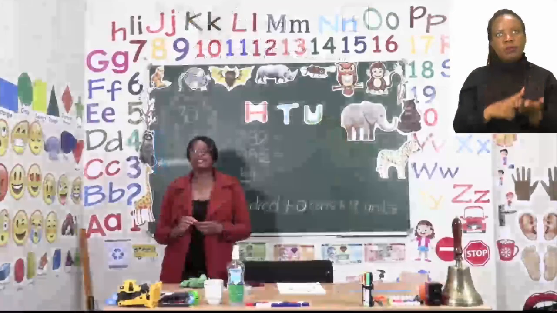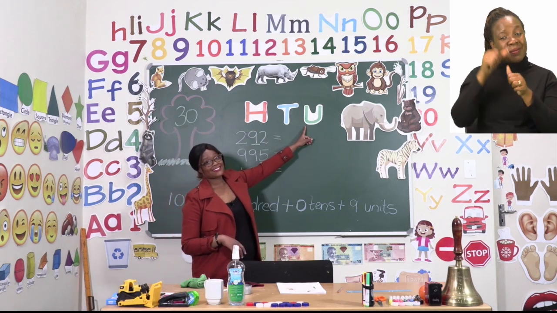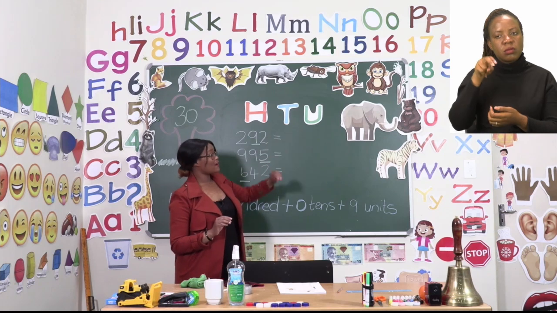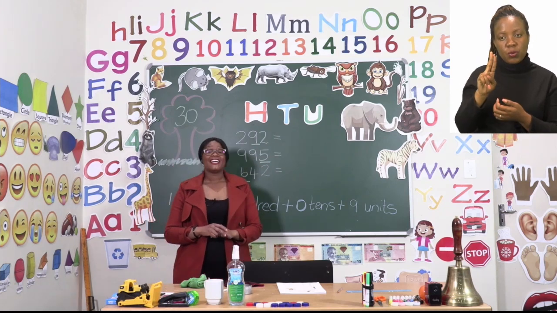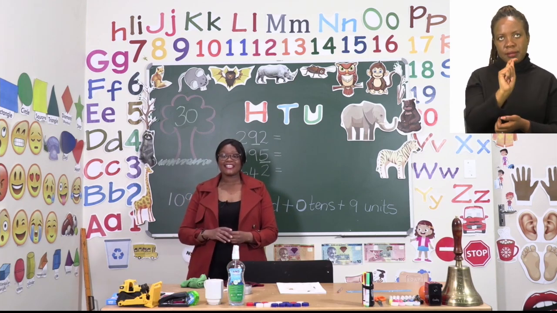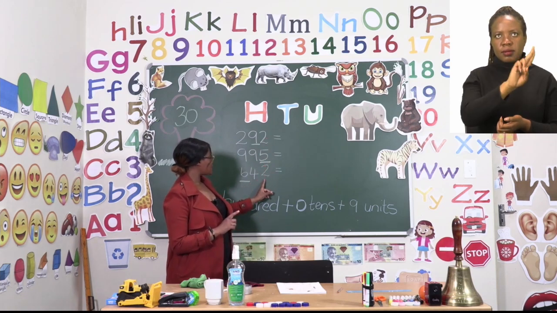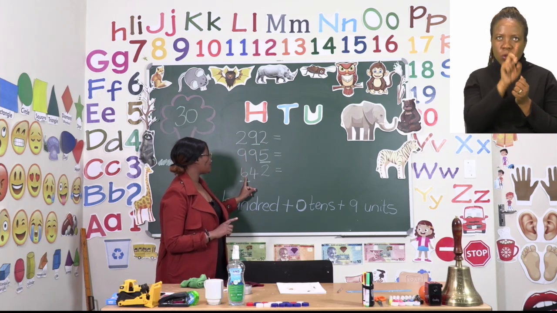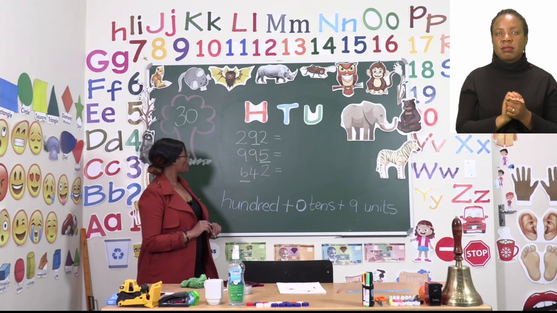Now remember, boys and girls, every time we always start with our units, and we have a U for our units, a T for our tens, and an H for our hundreds. And that's exactly what we're going to do as well. To make it easy for us, we know that the first digit here is units, tens, and hundreds. So let's see if we can find the correct one.